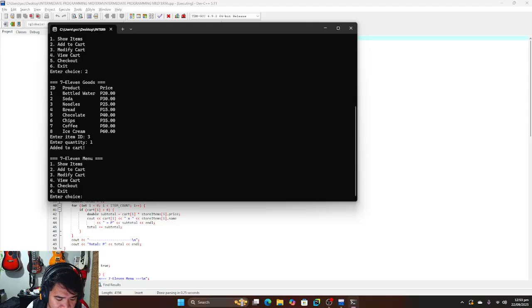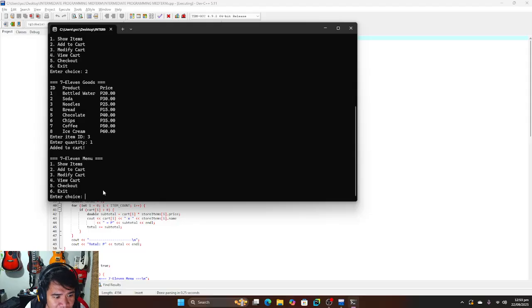This makes the program more flexible, just like how a cashier in a real store can cancel or replace an item before finishing the transaction. For example, the noodles is the wrong item. I change it to bread.